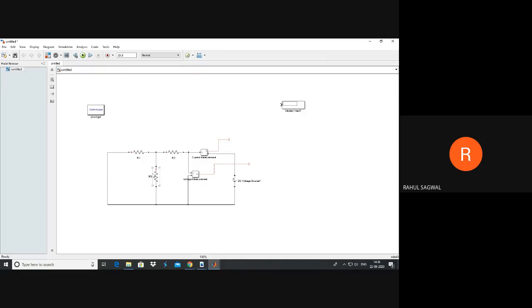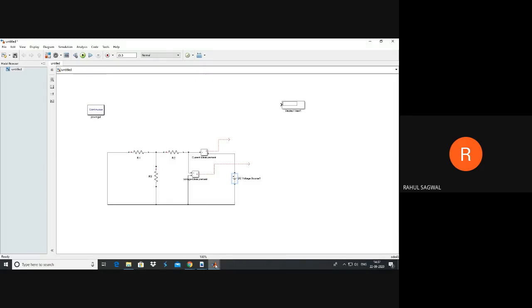For this particular circuit, if we are applying a source here of any value, the next step is we need to measure this current and the voltage. Voltage will be the same as this DC voltage source, whatever value you apply. So once you get these current and voltage, next you need to divide this voltage by current to obtain RTH, right?